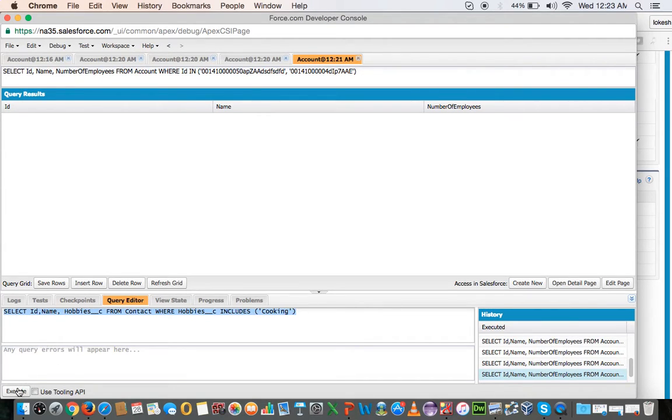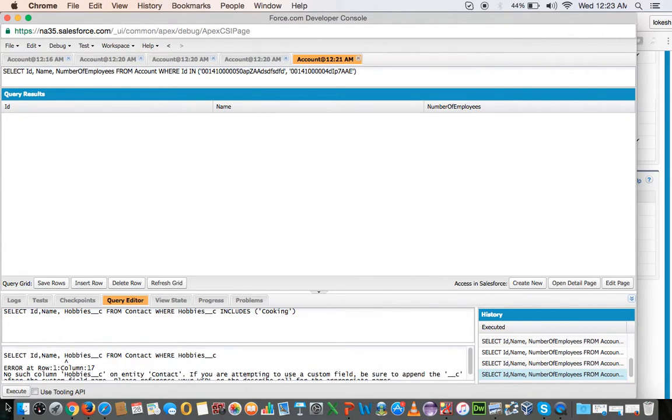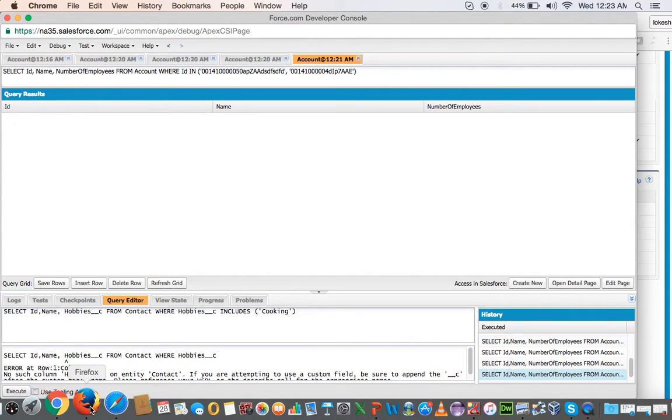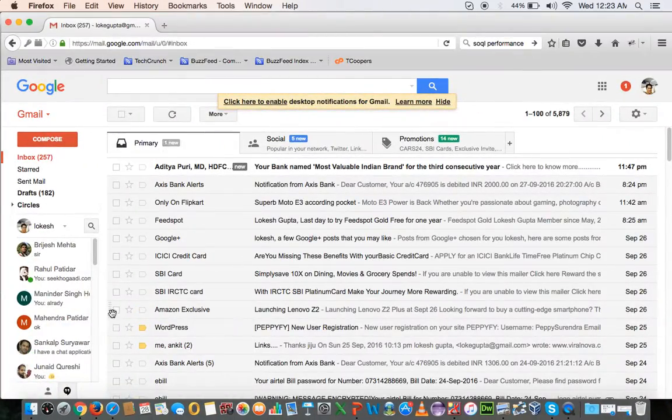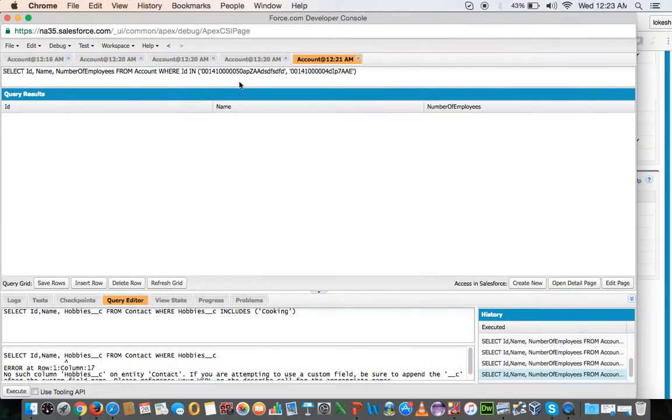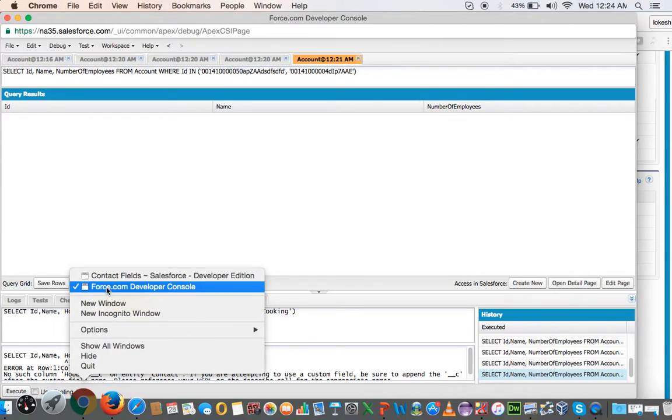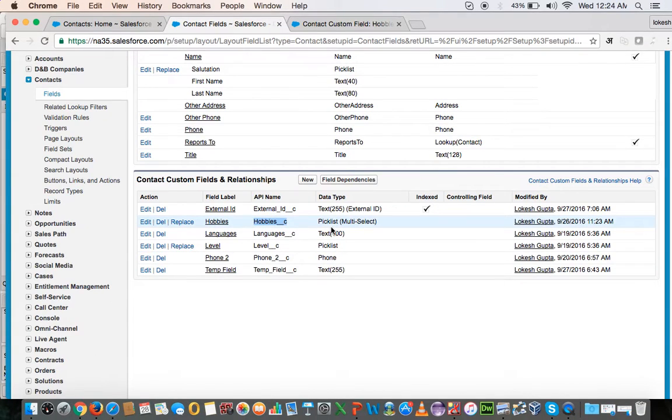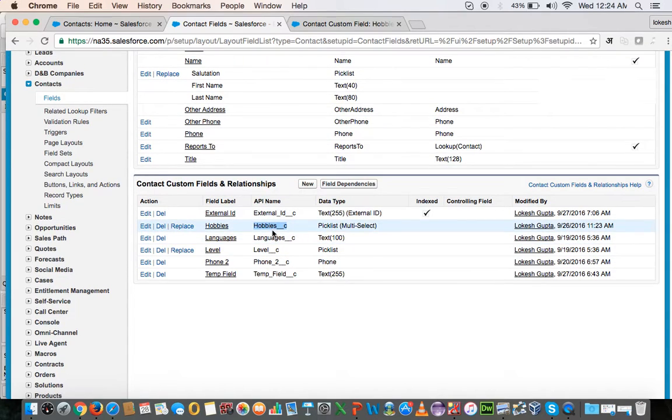So if we retrieve this result: select ID, name, hobbies from contact. So what is going wrong over here? Hobbies. I don't know what is wrong with this,